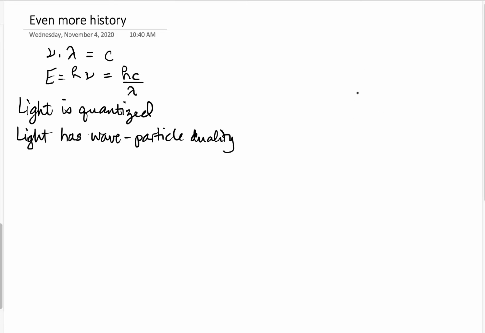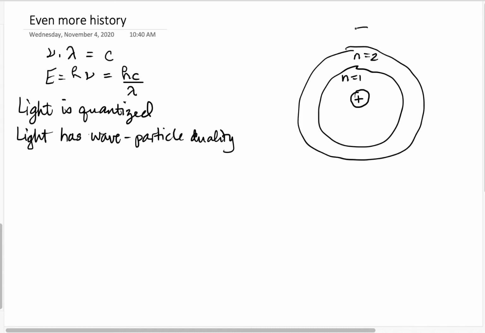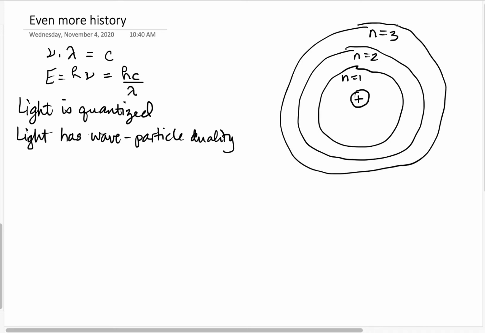Now, Niels Bohr's model of the atom was that you would have this positive nucleus, and then outside of it you would have different energy levels that he called orbits, where the electrons could be. And sorry, my circles aren't very good. But they would be these orbits at different levels, and the electron would be able to move between these orbit levels, either by gaining energy or by losing energy,